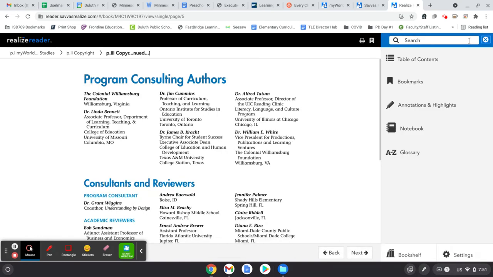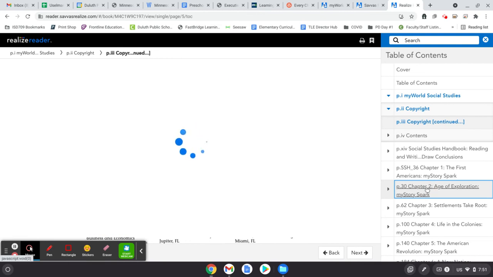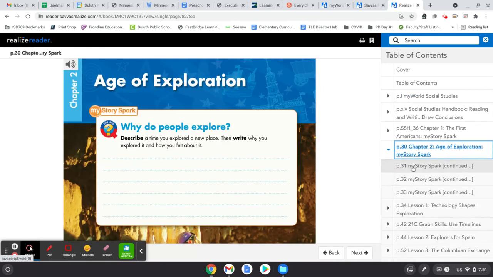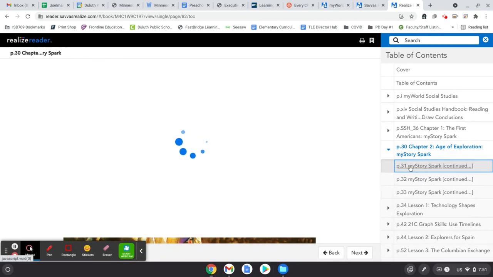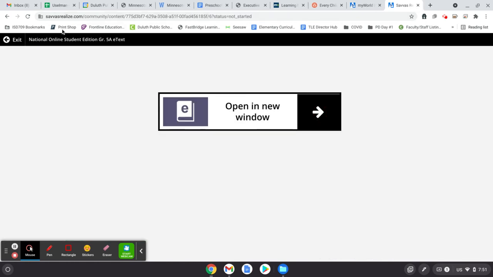If you check up here under menu, you can go to table of contents, and it's a little bit easier to find an exact page that students might be looking for. So you can see here, here's page 31. Right? So then you can tell them which page they need to look for, and they can just go to the table of contents to find that. We'll go back,